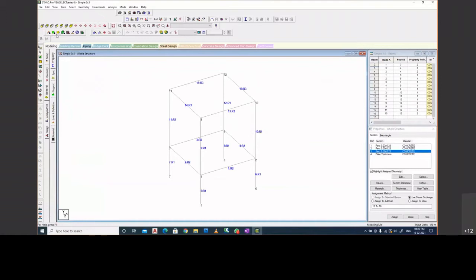Let me show to you how you can model the slab as well. So we have 4 noded plate. Let me take 1, 2, 3, 4 and select this plate and assign it to the selected plate. For that I'll have to use a plate cursor. This same cursor, which is the beam cursor, won't work. You see, if I'm selecting your beam cursor, it won't select. I'll have to use